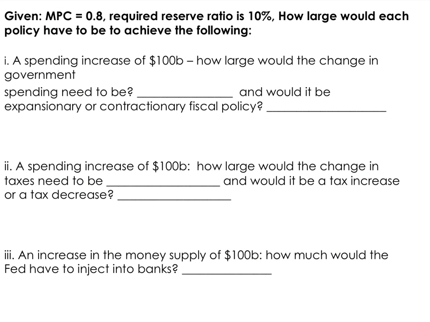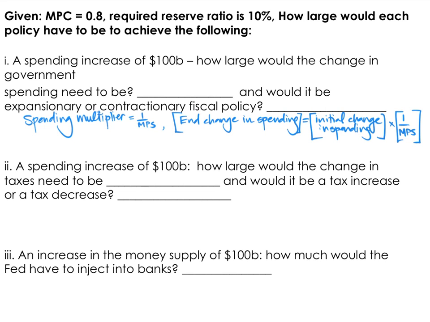Here's another part of the question. Exactly how big, using the multipliers, would the changes have to be? Pause the video, work it out on your own, and I'll give you some solutions. So the first question is about the spending multiplier. The spending multiplier is calculated as the inverse of the marginal propensity to save. We are given that the marginal propensity to consume is 0.8, since they add up together to be 1. You either save or spend